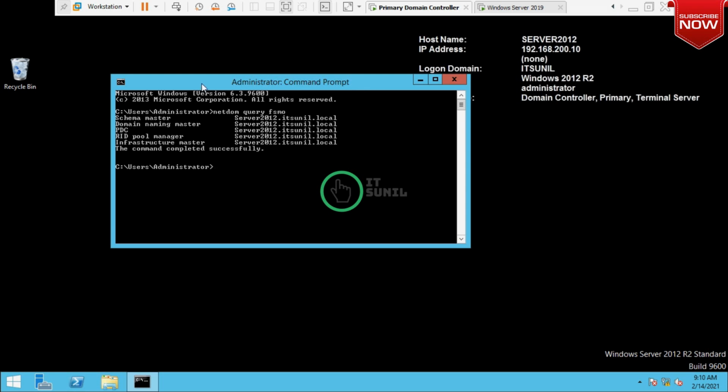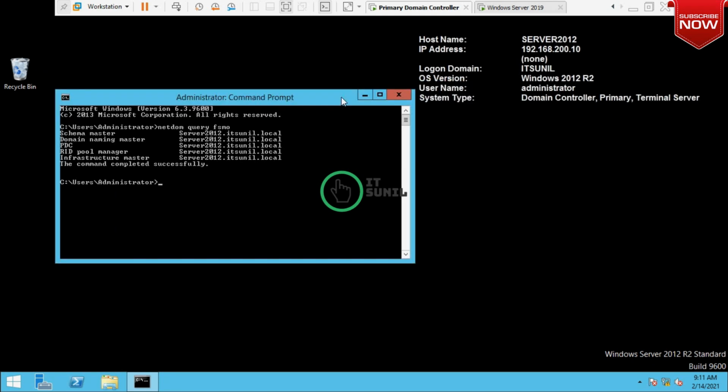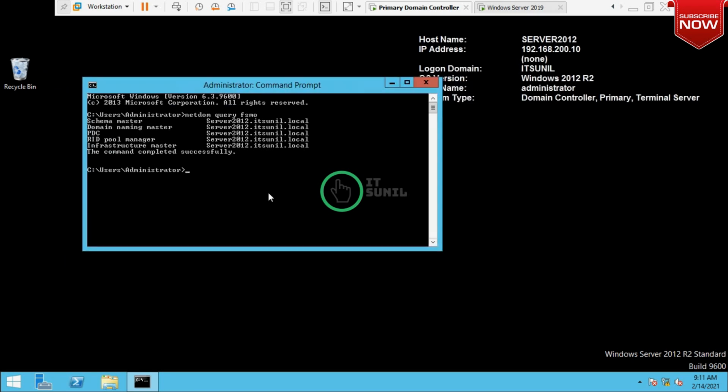We can check here schema master, domain naming master, PDC emulator, RID pool master, and infrastructure master. All those 5 roles stand on server 2012.itsumner.org. Okay, so let's check how many domain controllers are available in this network.